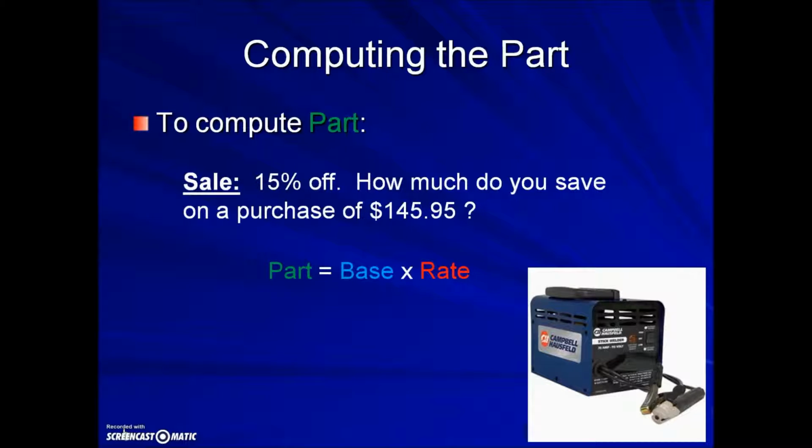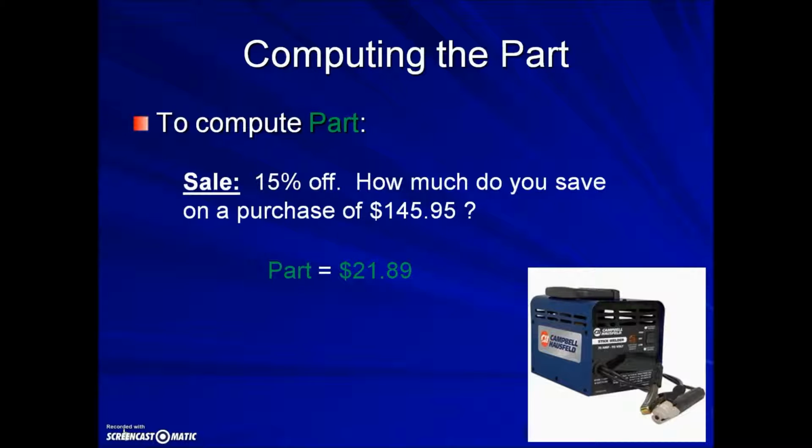To calculate the part, we're going to take the base, that will be the original price of $145.95, and times it by the rate as a decimal. Doing the calculation and rounding to the nearest cent, we find that the discount, or the savings, is $21.89